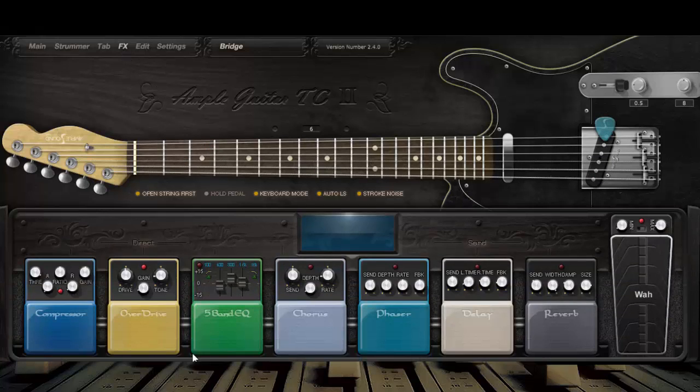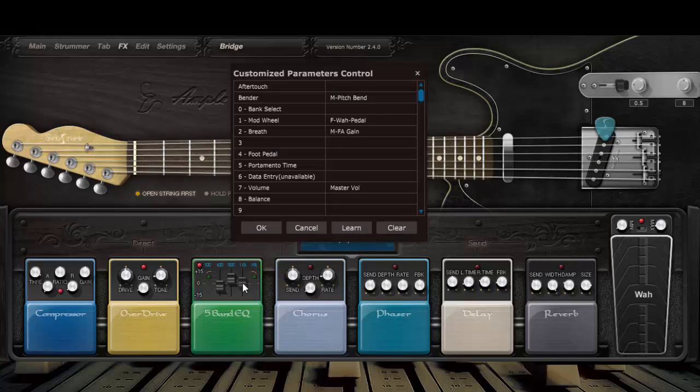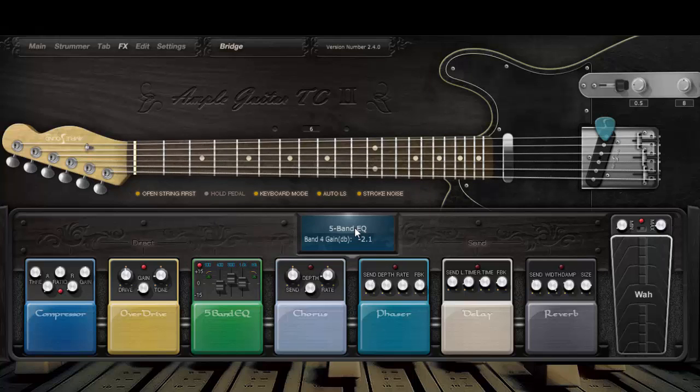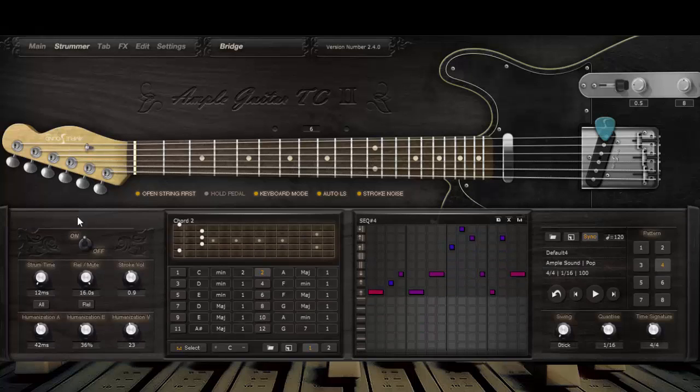We also have a 5-band EQ. You see I've already played with that a little bit. And you can actually set that to a MIDI controller if you want. Let's do learn. There we go. It's kind of cool to sweep the high end. Here's a chorus. Okay, getting a little crazy here, but maybe go back to the strummer and turn that guy off